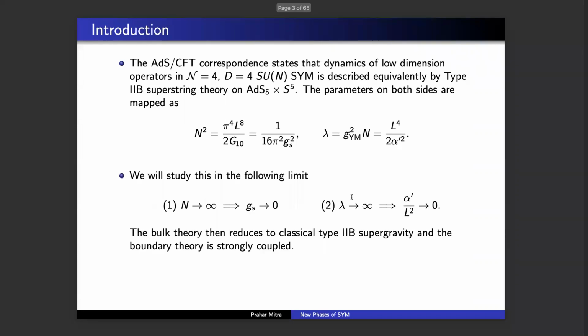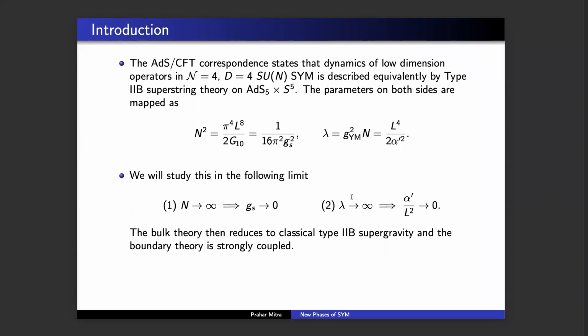So I'm only going to study this in a very simple limit. Of course, this is the famous planar limit, where I first take N goes to infinity, which corresponds to taking G string goes to 0. So from the stringy point of view, this is simply restricting yourself to just classical calculations, so just the sphere contributions to the stringy worldsheet. And then I also simultaneously take lambda goes to infinity, which corresponds to throwing away all higher derivative couplings in my effective field theory. So in this limit, when I take both of these limits simultaneously, it turns out that